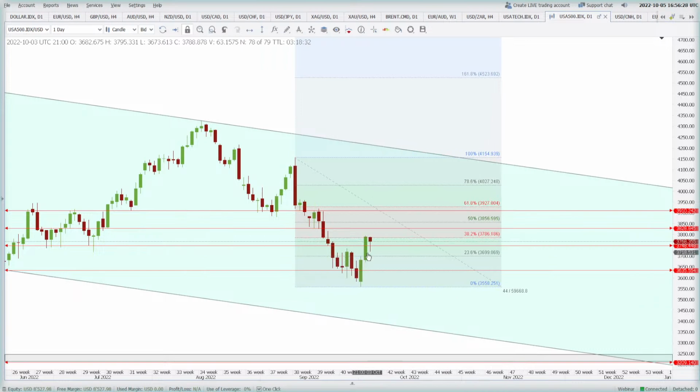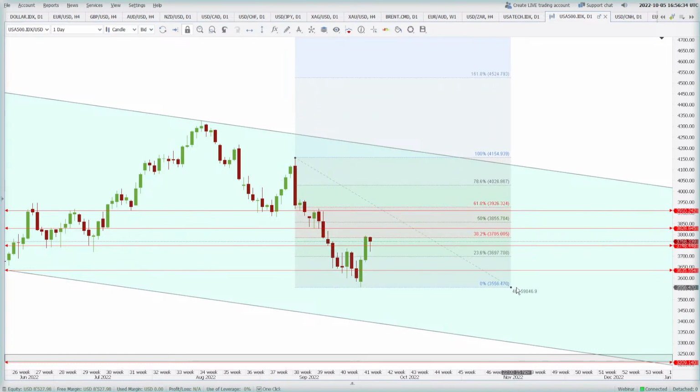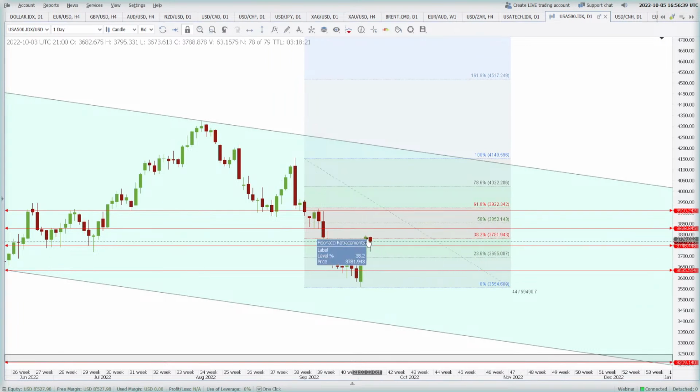All right, now 38.2% is 3781, and the price has seen this area as resistance, but after that resistance the price has found some support at the 3748 area. Now if it continues, the price can go to 3828, and after that 3910, where if it does not hold and the price keeps going beyond that,